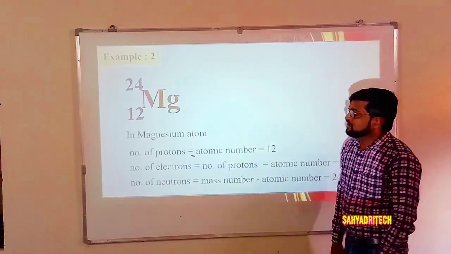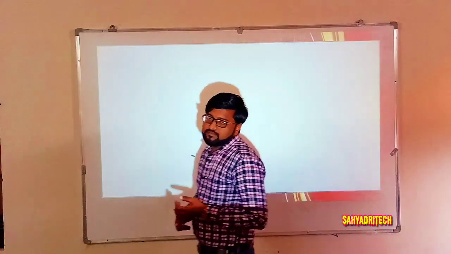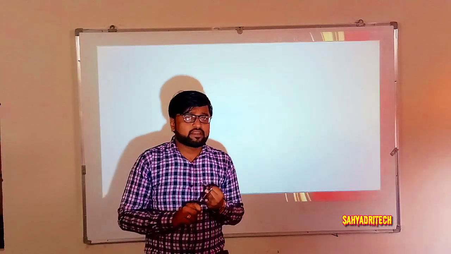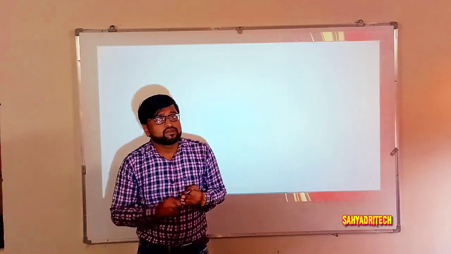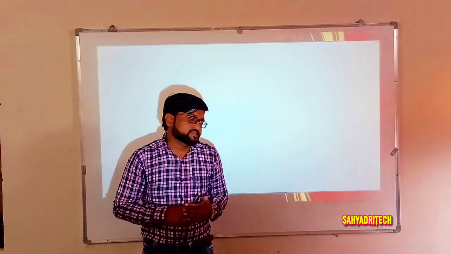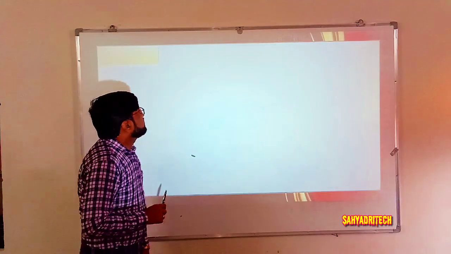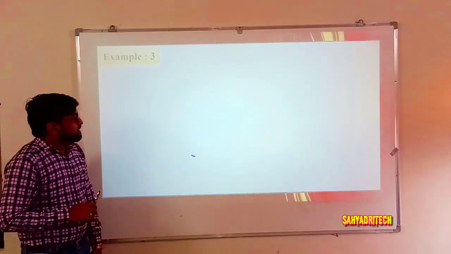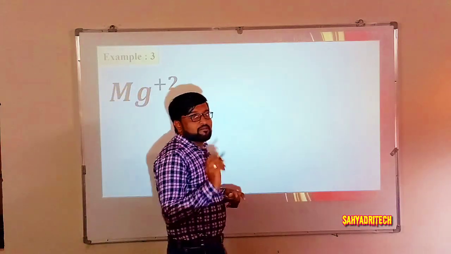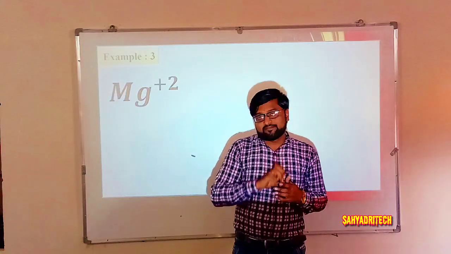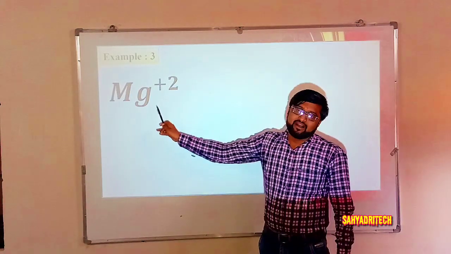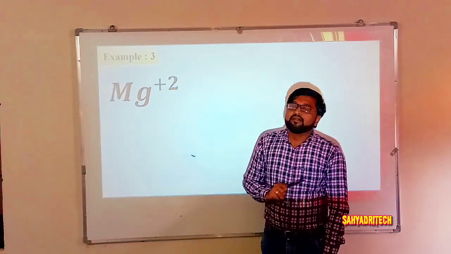neutrons. So here also, if I consider magnesium contains 12 protons, 12 electrons and 12 neutrons. What is the total number? 36 fundamental particles. Okay. Well, now coming to the next example, say now what is the consideration? I have considered magnesium 2 plus ion. Now what it is? It is a cation, a charged particle.